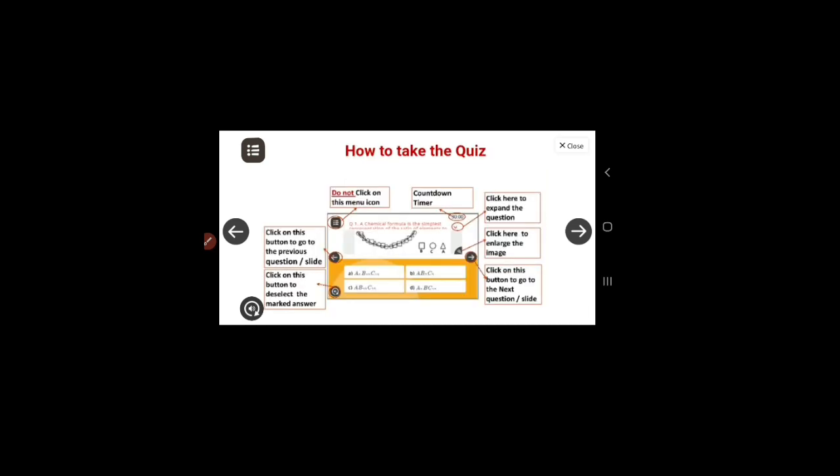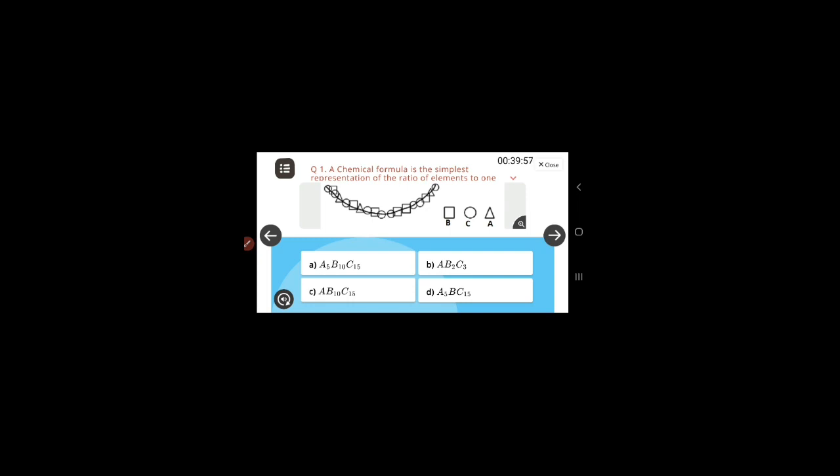How to take the quiz, these are the instructions. Please see them carefully. Then move to the next. The timer has started on the top.